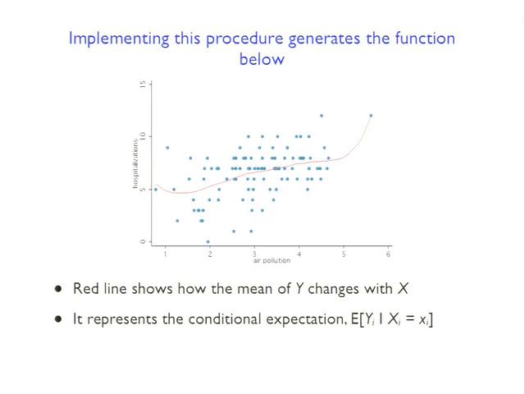So in this particular graph, you can see this red line, which is just taking the mean of hospitalizations, the variable on the y-axis. It's basically calculating a mean at various points of air pollution, which is the x-axis. You can see that that thing is kind of trending upwards, which is telling you that there's more or less a positive relationship on average between changes in air pollution and changes in hospitalization.